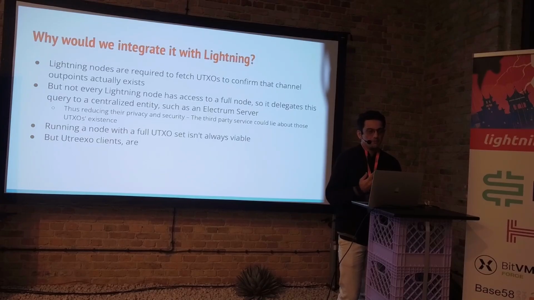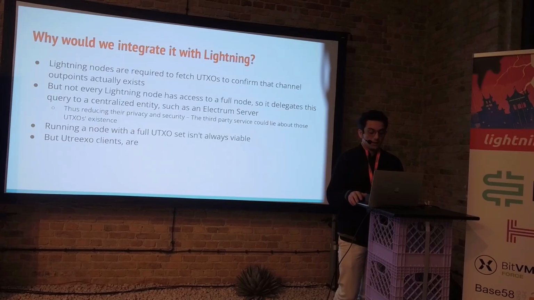So to alleviate that, Taj came up with Utreexo, which solves this problem. It's like an accumulator. I'll explain what that means in a moment, but it alleviates the problems that are associated with keeping the UTXO set. But for Lightning nodes, you still need to get those UTXOs, and with Utreexo, you don't have them. So we need some extra support from the Lightning side to actually support having those Utreexo nodes supporting